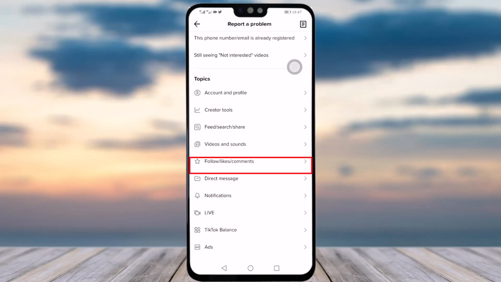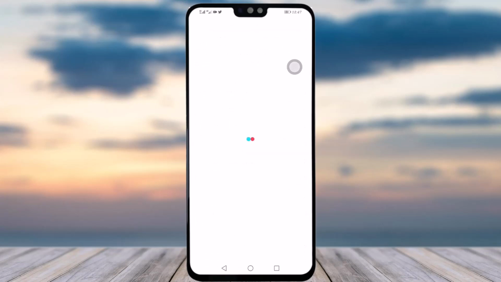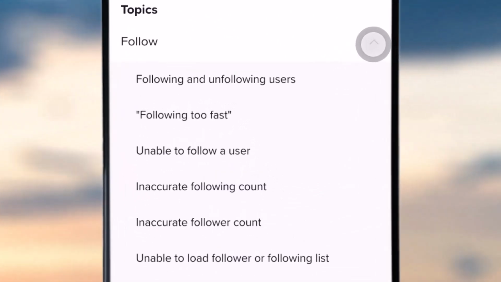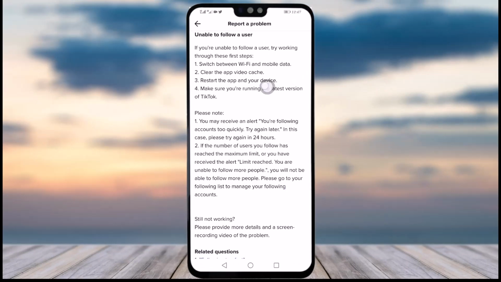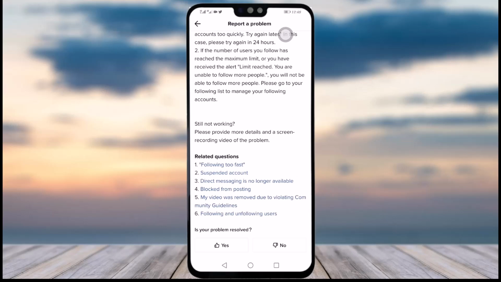Since we are having a follow issue, we'll go to Follow, likes and comments, and here you will see Unable to follow a user in the third option. Simply tap on it, and this will be the instruction given by TikTok itself. You can see: switch between Wi-Fi and mobile data, as I mentioned before, clear the app video cache from your settings, restart the app on your device, and make sure you're running the latest version of it. If this is also not helping, as you have already tried, and I mentioned it over here as well,